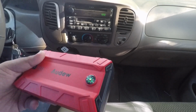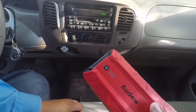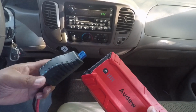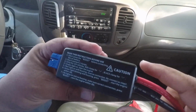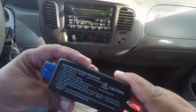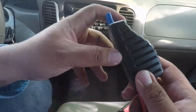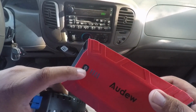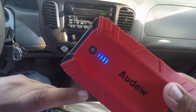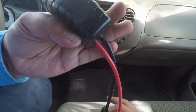Alright guys, what do I think about this thing? It does work. The instructions are not a little bit clear here. So you basically have to push this button here, this boost button, with this unit on. So first you have to turn this on like that. Okay, it's on. Then you connect it, right? Then after you connect it,